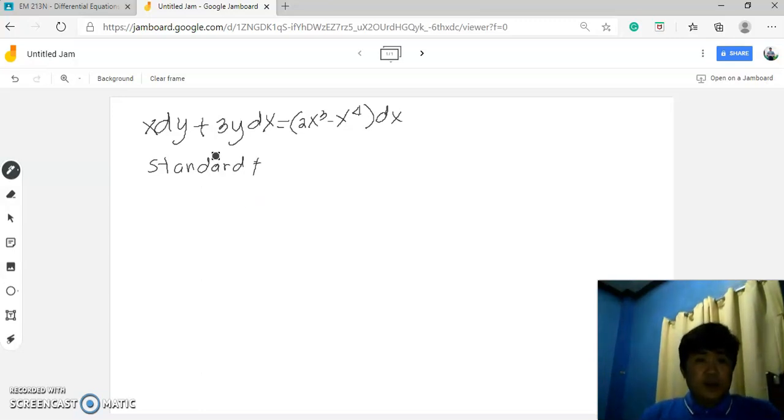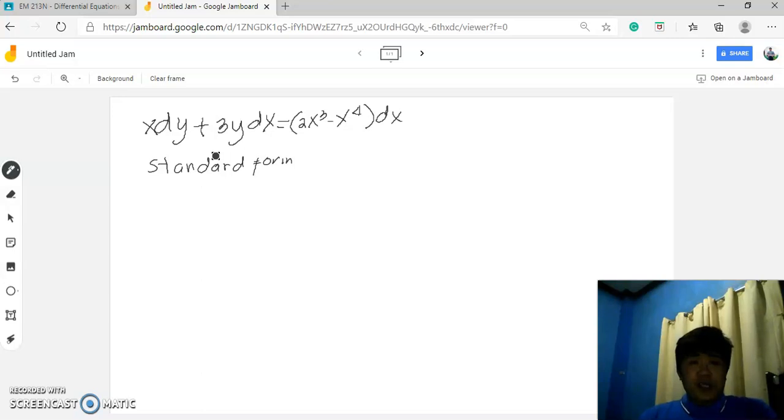Standard form. Okay. So, the standard form, we know that, let's look first at what is the easiest, if you use linear in y or linear in x. So, if we could see here,